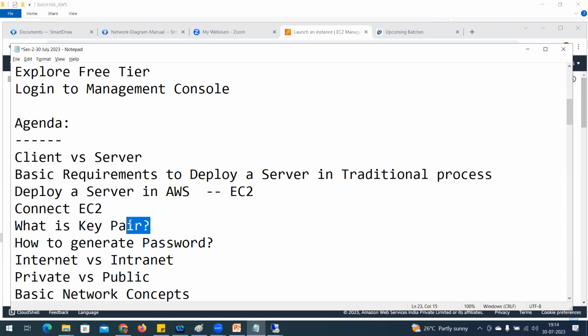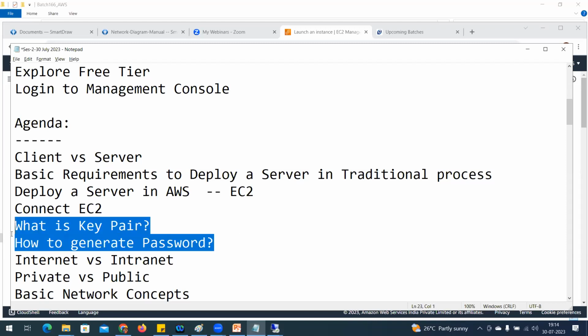As soon as the server is deployed, we are going to generate the key pair. That key pair is in an encrypted form that will be decrypted as soon as someone connects. I deployed a server in the client cloud location. I'm connecting from outside. Whoever has that key pair, only that person can connect to that server. As I shared that information over the chat window, you are in a position to connect. If you don't have the key pair, you are not in a position to get the password. That's the beauty of this security. Now we understood how to generate the password.